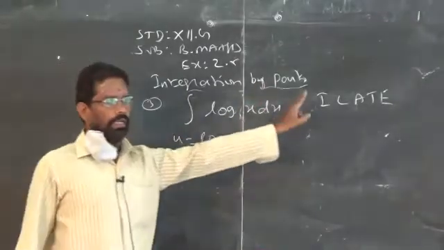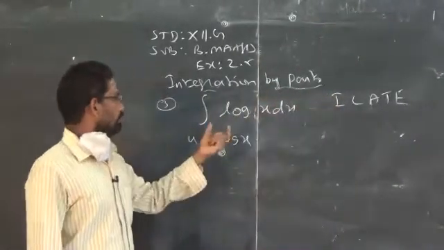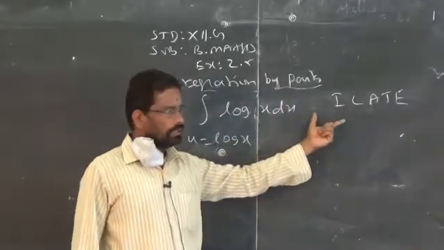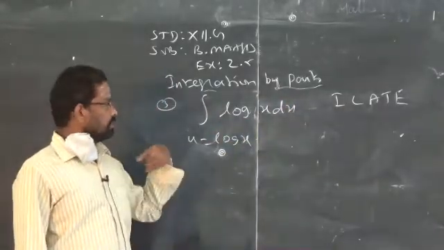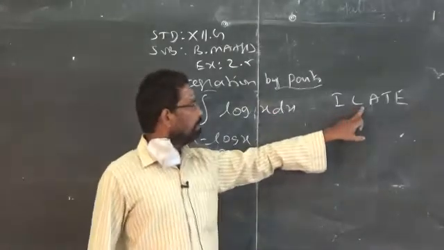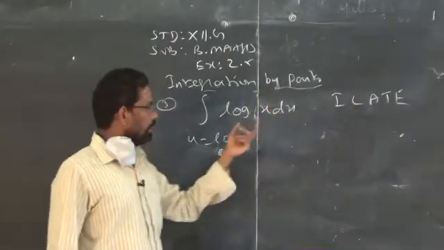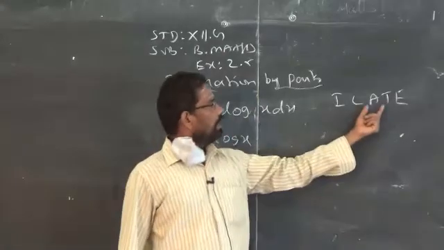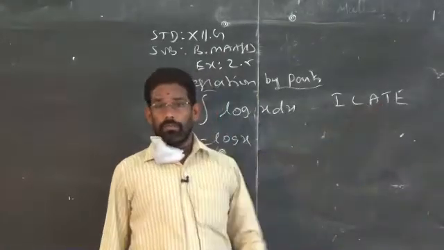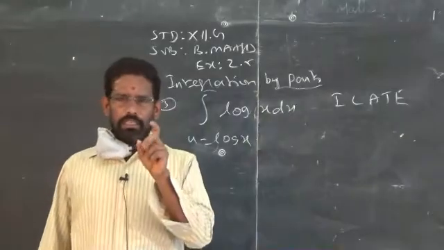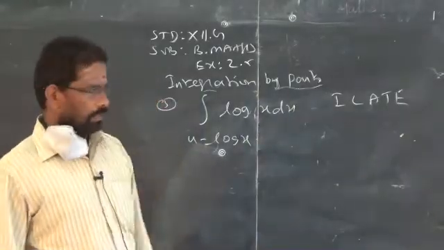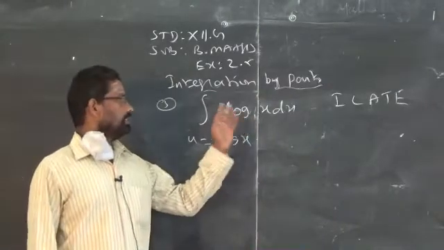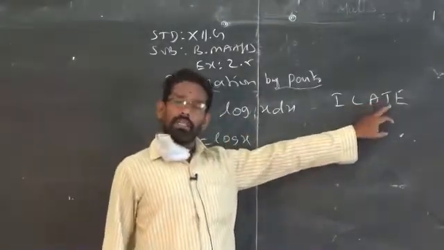That is the rule, ILATE. First you have to check whether in the integrand part you have an inverse function. If it is there, you take it as u. If there is no inverse function, what is the next option? L, that is log. If there is a logarithm term, you have to write u is equal to log. If there is an algebraic expression, I told you already, that will always be considered as u. No algebraic expressions. Next T, trigonometric ratio.